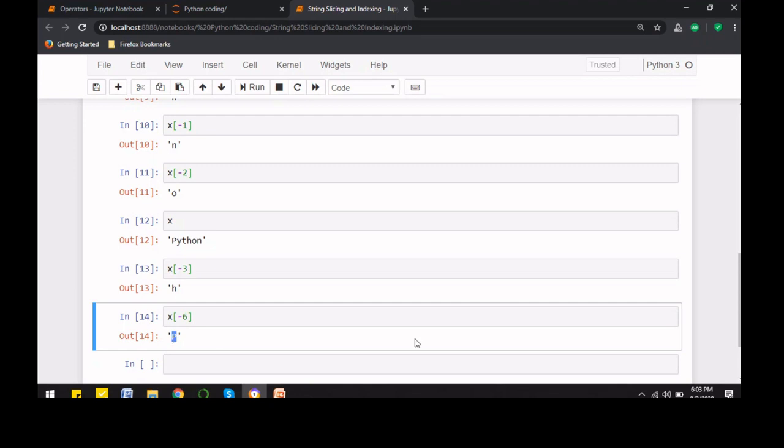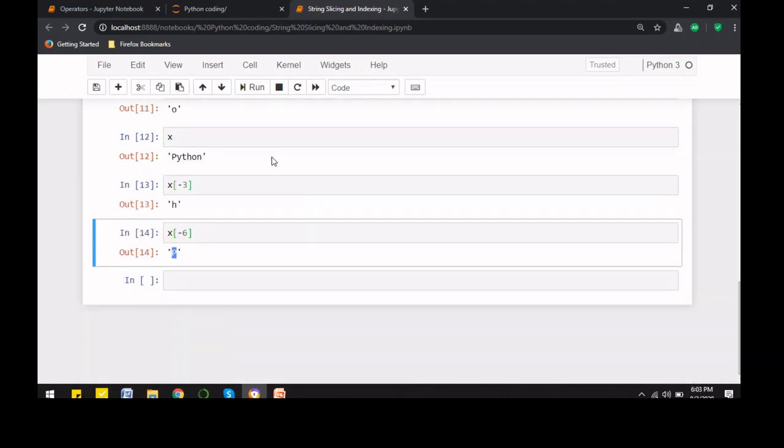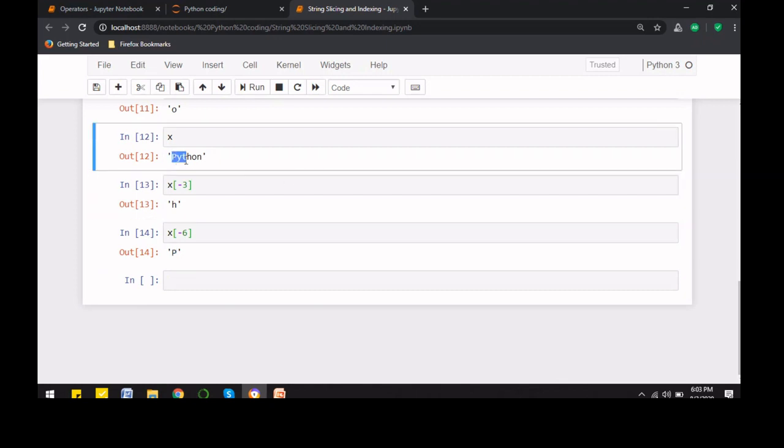Now coming to slicing. Let's say I want to access some subsection of the string. It can be from the starting, or it can be from in between to the end, or it can be from a given range in between to some range in between, not reaching till the end.